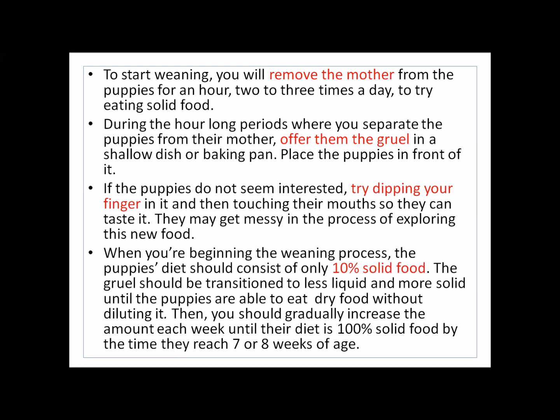If puppies do not seem to be interested once you separate, then you have to make the puppies depend on the milk or the physical feed. So you may have to teach the pup to drink milk as well as to consume the solid feed. It's very easy, like what we do with cattle. Just dip your finger in the milk and allow the pup to suckle, then gradually bring it to the bowl where you have kept the meal. Gradually it develops the taste and it will start suckling the milk. And side by side, when you try to offer a solid feed, then gradually